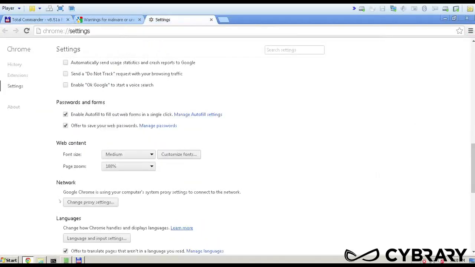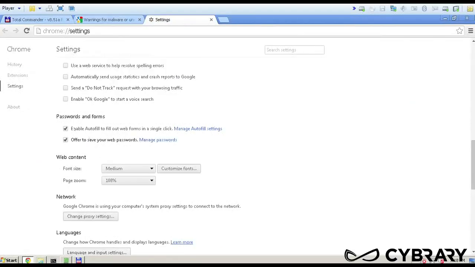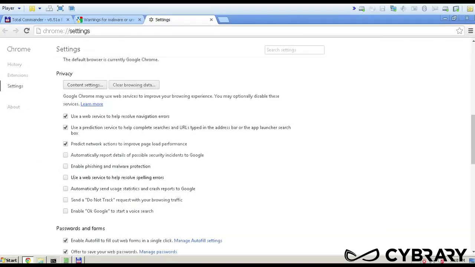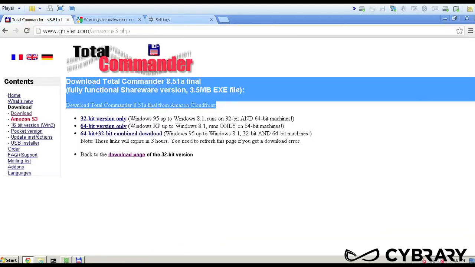Settings, if you go into settings, go all the way down to privacy. There's this enable phishing and malware protection. So if you actually are in an isolated lab in a condition where you don't care if it's malware, right? You want to analyze it. Viruses, Trojans, worms. It's kind of the nature of our business. So Google, the browser will actually stop you. And several browsers have a feature like this, but in this case, it's just enable phishing and malware protection. So I actually had to turn that off before I was able to